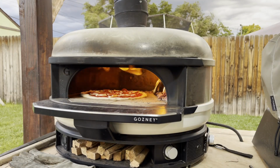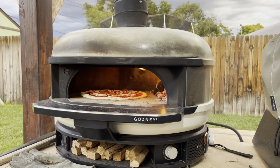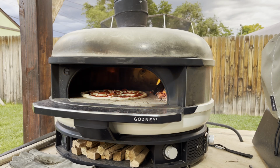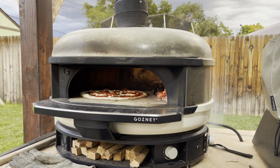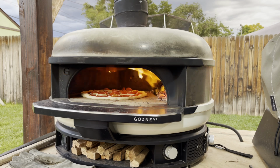It is windy today, so that is why I'm doing a voiceover. But as you can see on the far right hand side, we got a full flame going on. You can see that flame going over the pizza, and it's not going to take too long. So we're going to be watching the closest edge to the flame to make sure